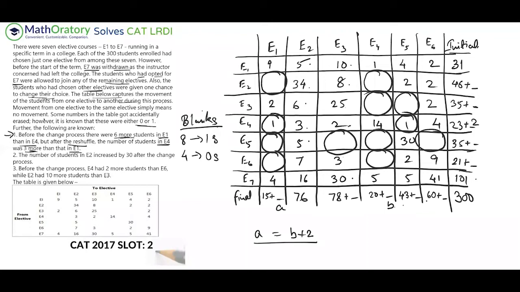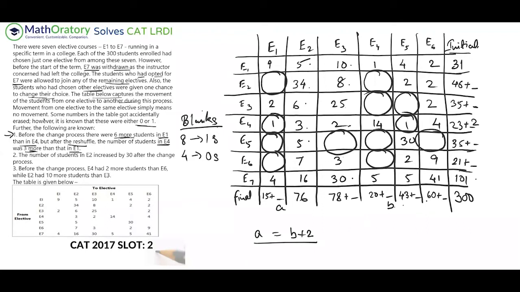If not, you can always do this. You can just assume this to be A and B and frame an equation: 15 plus A plus 3 is equal to 20 plus B. You'll automatically get the same thing. But I hope that you practice this a bit, the constant part and the missing part interaction. So I hope that was clear. I'll just repeat this once again. Because the constant part is already 5 more and we need 3 more, it has to be 2 more in this direction, right? So reduce that by 2, something like that.